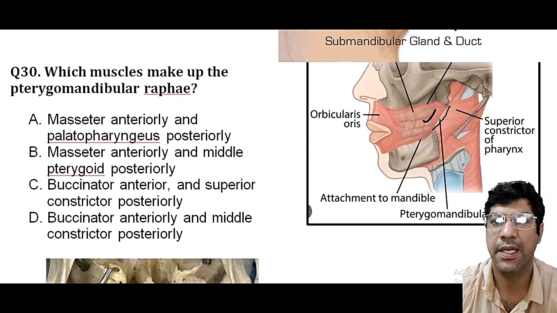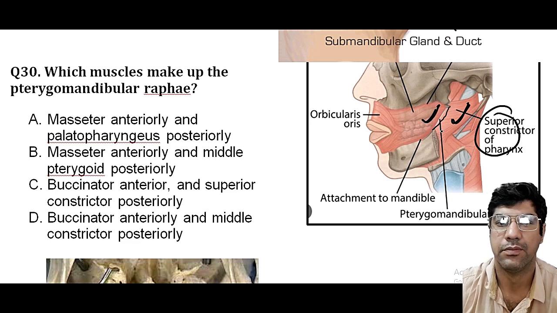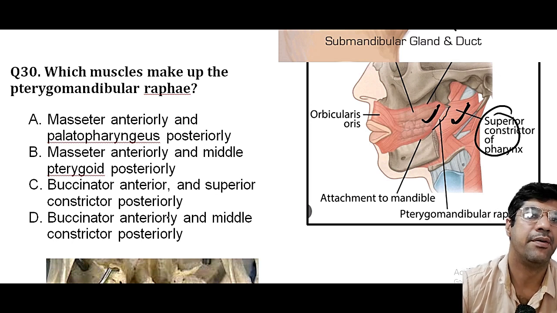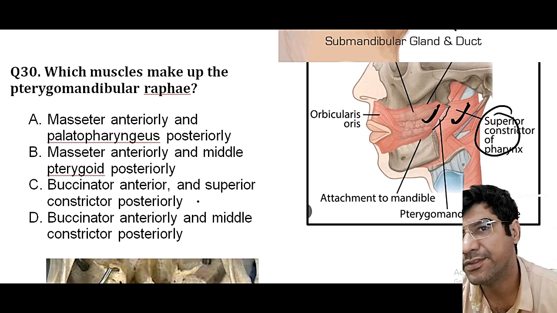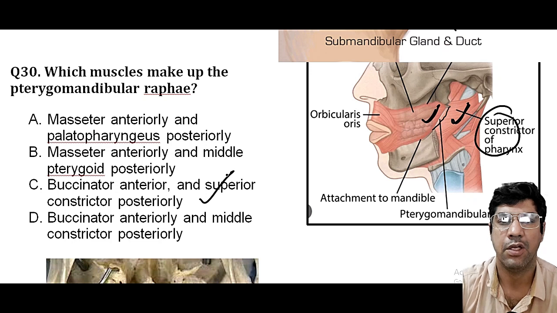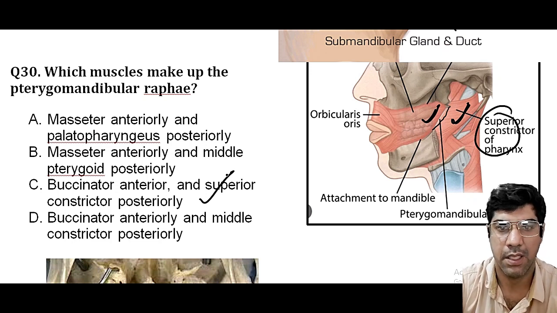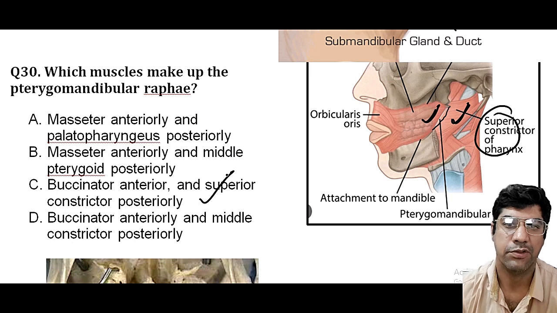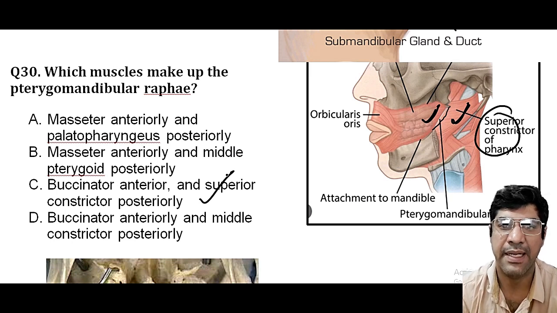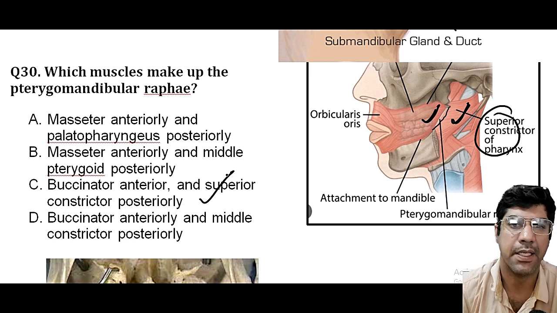And posteriorly to fibers of superior constrictor, this muscle. So your answer is buccinator anteriorly and superior constrictor posteriorly. So imagine you are playing with a rubber band. When you stretch it with your fingers, it becomes a tight connection. So pterygomandibular raphe is just like a rubber band,